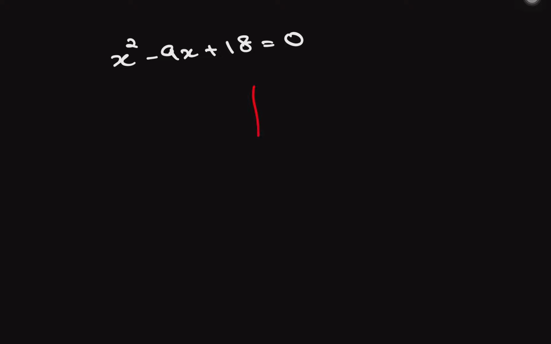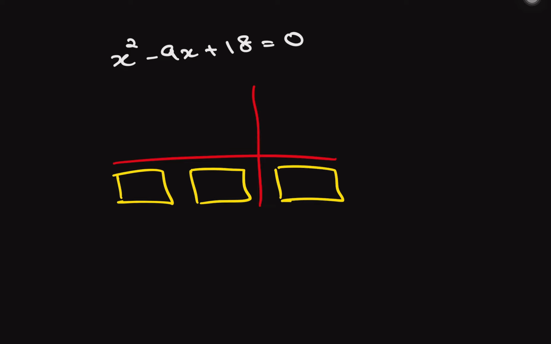Firstly, we go about by drawing the factorization table. And you have to fill up 3 terms at the bottom. So where do we get these 3 terms? We get it from the question itself, which is x squared, negative 9x, and positive 18. Now x squared will be the one on the left hand side, followed by positive 18 and negative 9x on